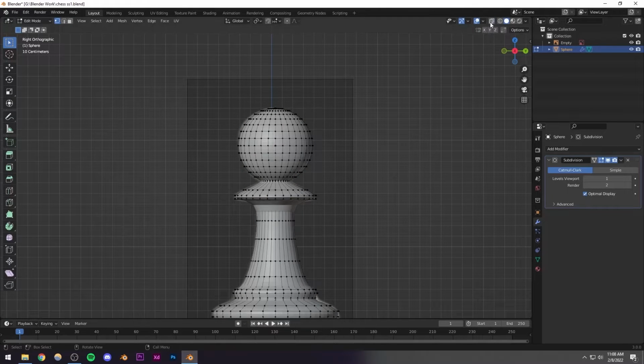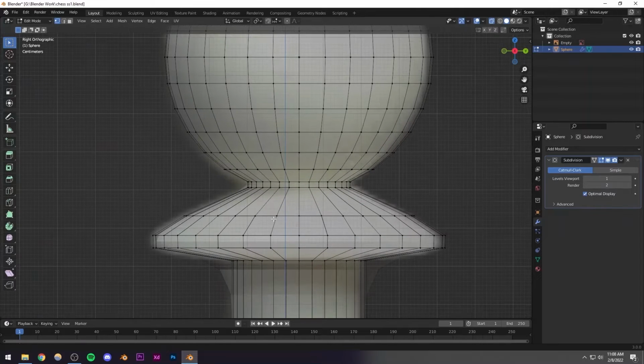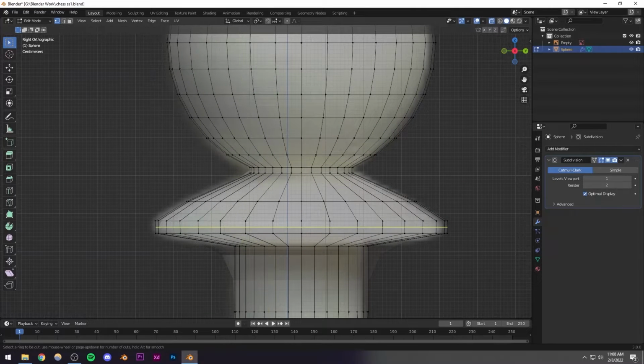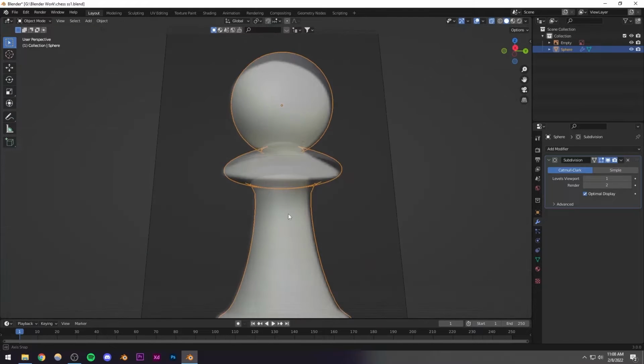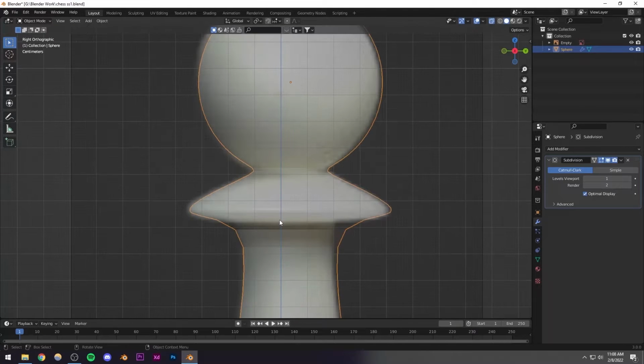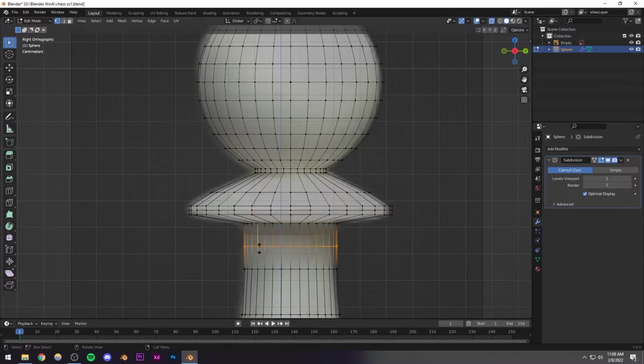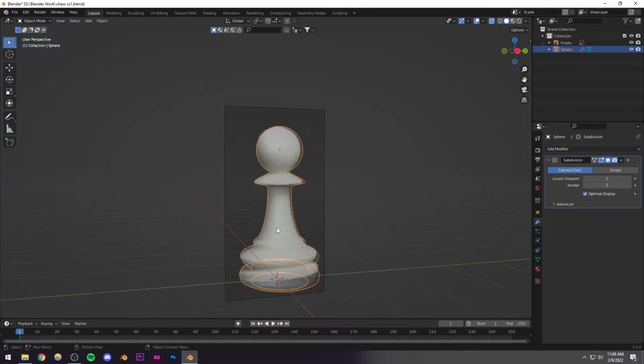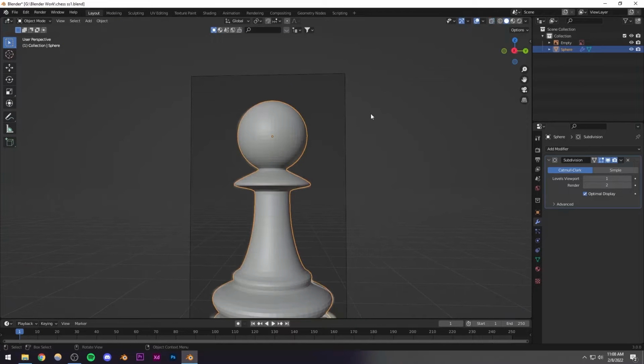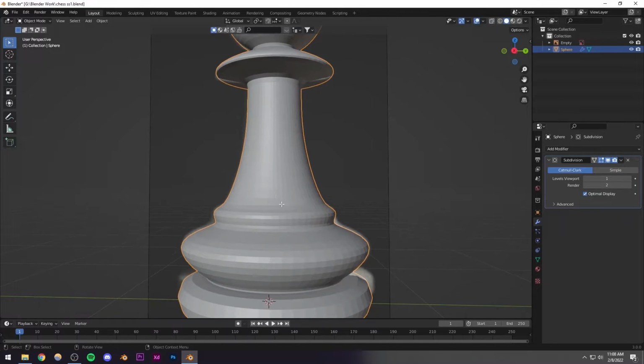Let's go to the edit mode again and start adding loop cuts. Okay, now I'm just going to add a loop cut right here to give it some thickness. I think something like that should be good, or maybe even a loop cut right there as well to tighten up that edge. I think something like that should be good for the top, and for the bottom I think